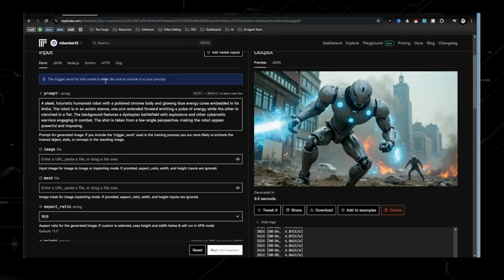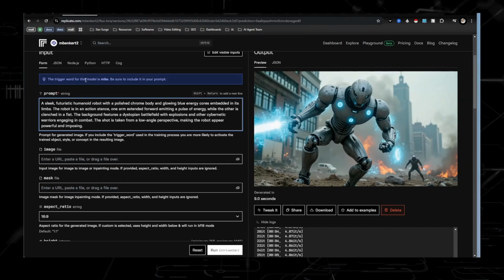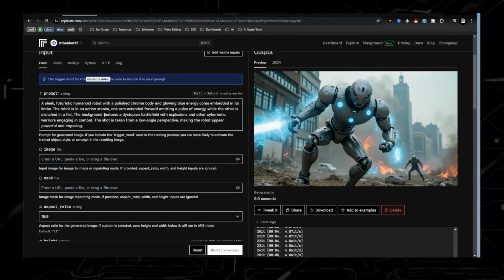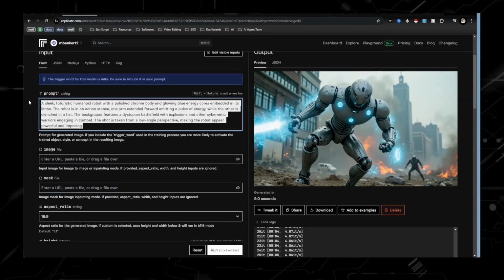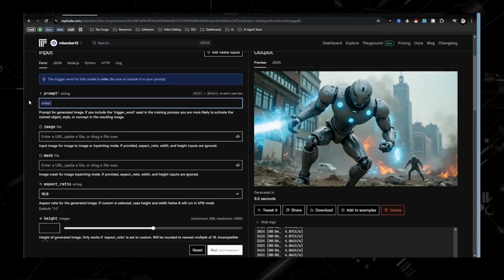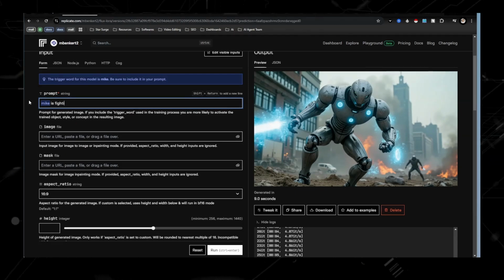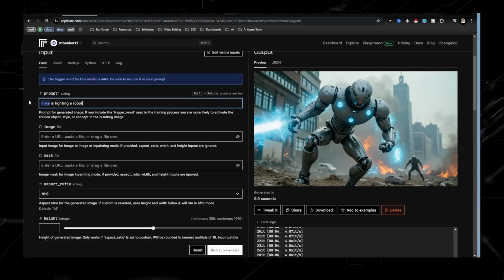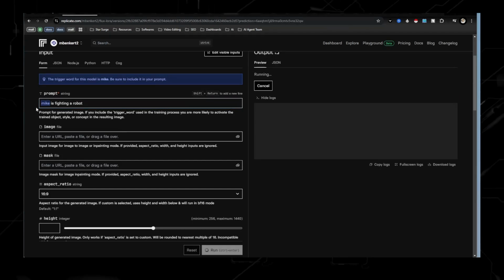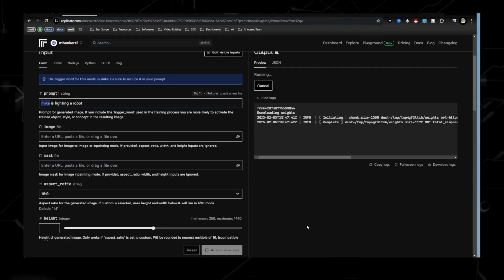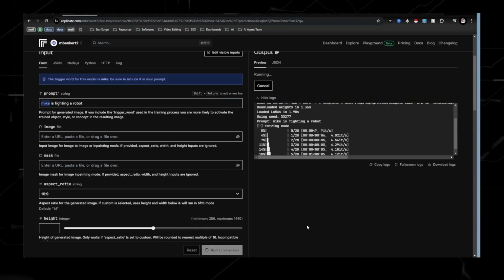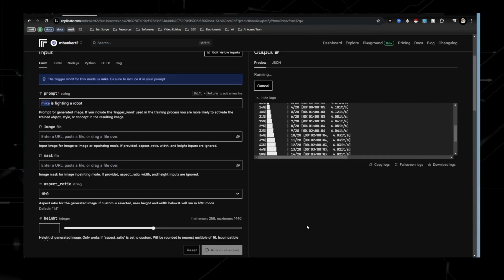So let's go to Replicate, for example. So what Replicate is, it allows you to use a prompt and you're able to make images like this. But also, as you can see up here, I have it prompted using my picture and face. So for example, if I want to go with Mike is, it's going to create a picture of me actually fighting a robot. And you're seeing this in real time, how quick this is happening. And it is going to make a really detailed picture.